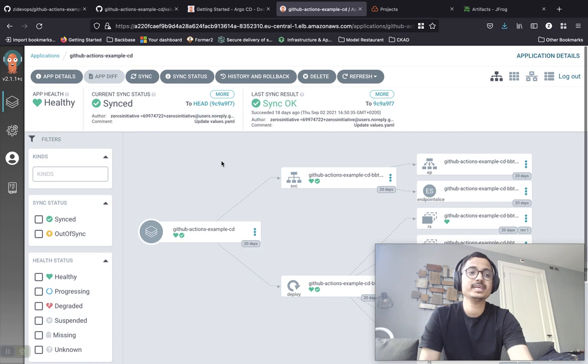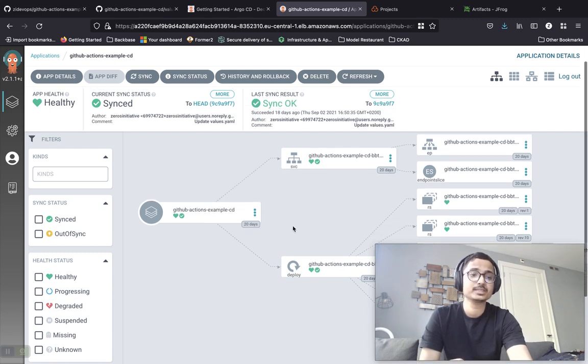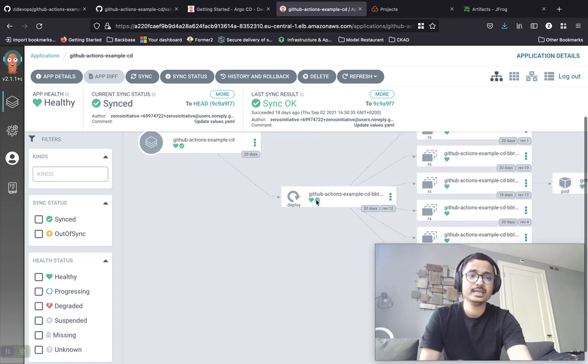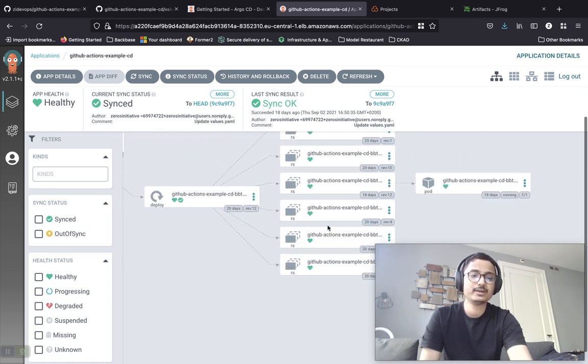And this Argo application lies within the default project. And you can see in a beautiful user interface manner over here that this is my example repository. It has so many YAML files, as replica sets. And these are my previous replica sets. And this is my main replica set, which goes ahead and deploys a pod. So this is pretty beautiful.